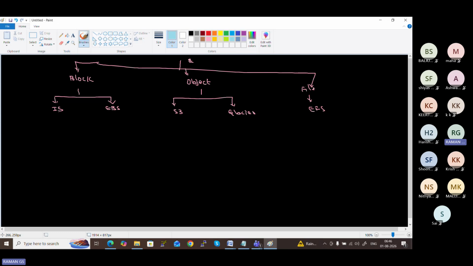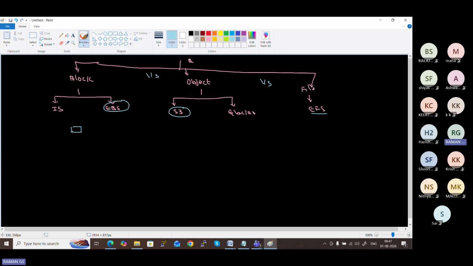Our interest of discussion here is EBS and more focused on S3. So later, if we feel that we need EFS, at that time we will discuss EFS. So these are the two storages that we need to go for. Normally, from a data engineering perspective, you need to discuss EFS. I will let you know. So this is what we are going to discuss. We also discussed the differences between block storage versus object storage versus file storage.